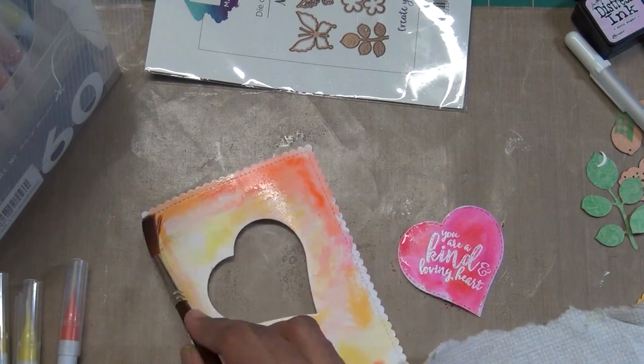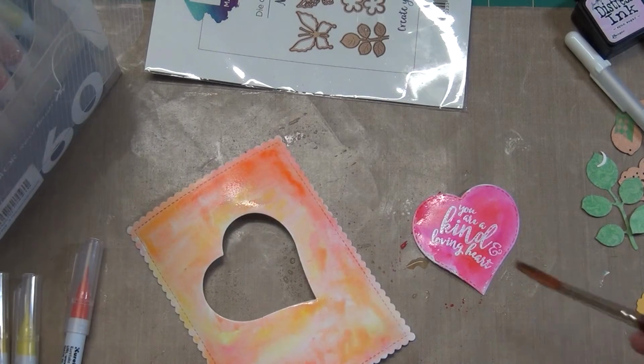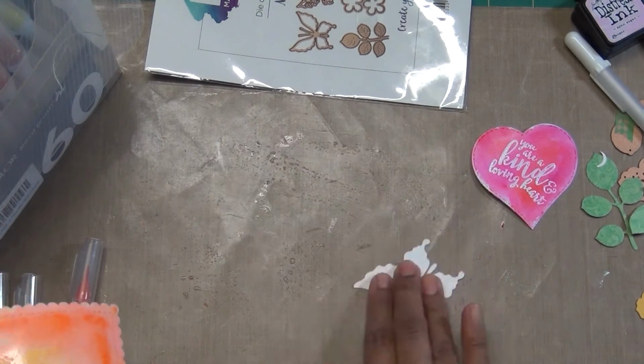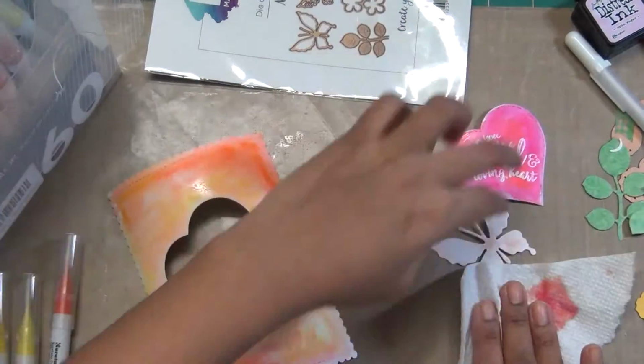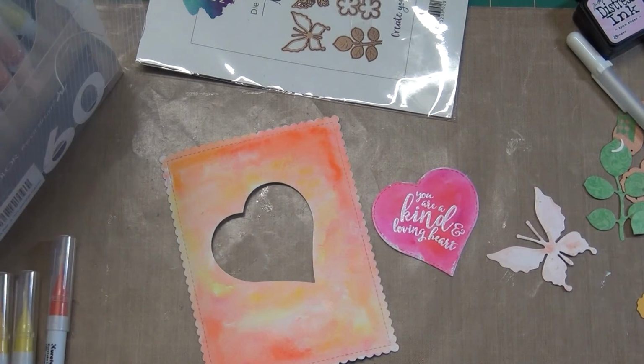And some of the magenta color is on my front panel also, but I don't mind that. I just put a little bit more water with the brush, and I use the leftover from that to color the butterfly there. I'll use that butterfly inside of the card. And now I'm kind of